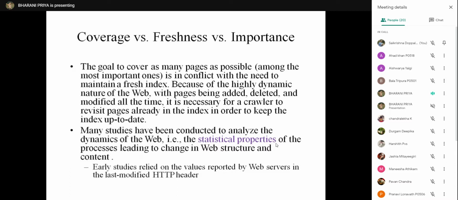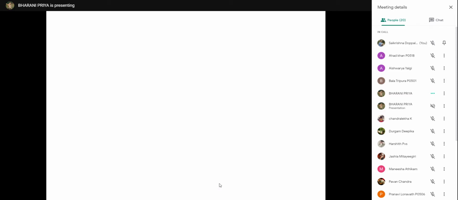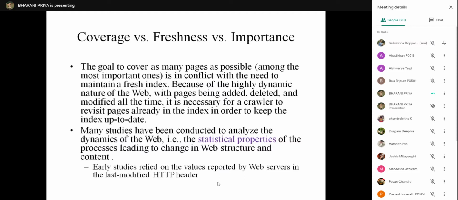Before statistical properties, early studies relied on the HTTP header for revisiting pages. Okay, right, I'm stopping here. We have one more topic.